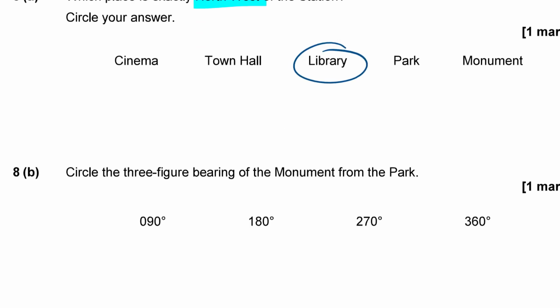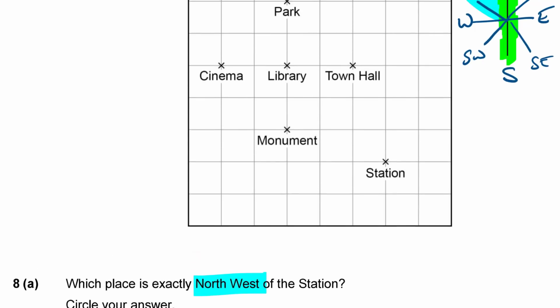Next it says, circle the 3-figure bearing of the monument from the park. Okay, so 3-figure bearings are the angle measured clockwise from north. North is considered to be 000, and then if you measure around to the direction you want to go in, then you can find your bearing. So the 3-figure bearing of the monument from the park. So going to the monument from the park,